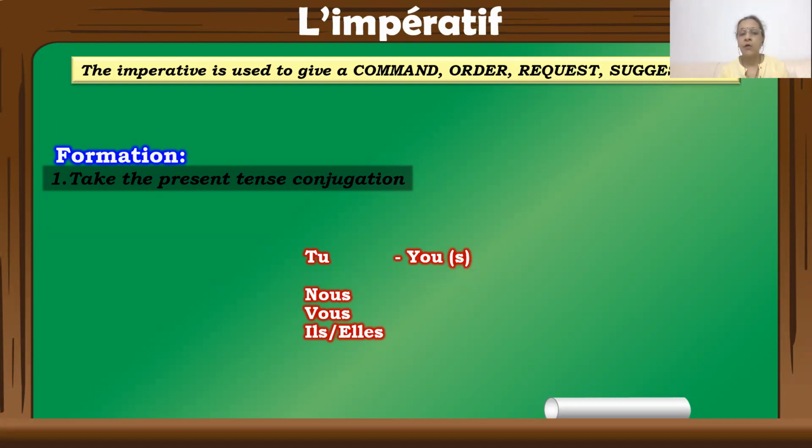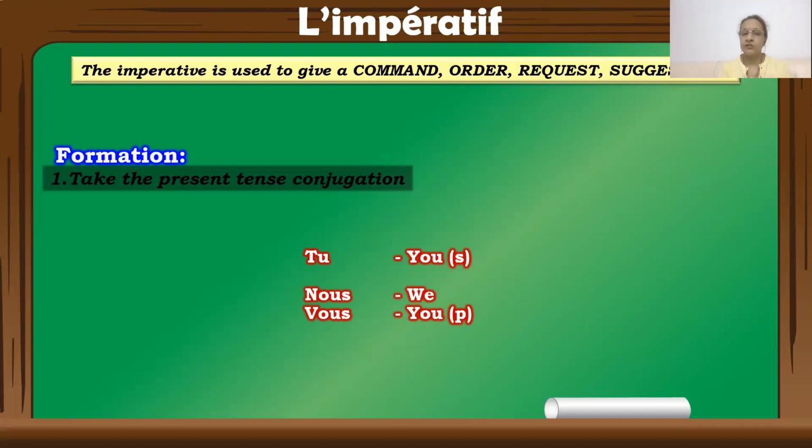If il and elle are out, obviously the plural is also out because third person plural they can be in front of me, cannot be in front of me. I can give a request, I can do a suggestion, I can give an order only to a person who is in front of me. So ILS, ELLES out. Vous is second person plural, which means if I have to give an order to more than one person, I have to use the vous form. And nous is we, which is used for suggestion. Let's study French.